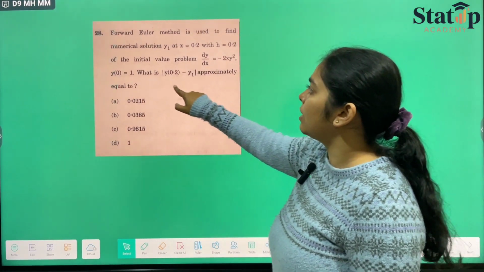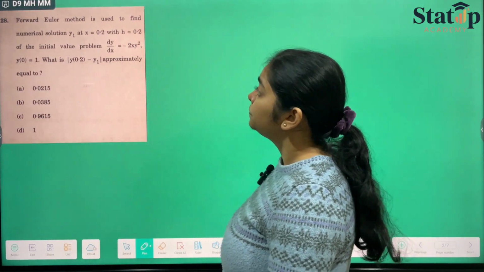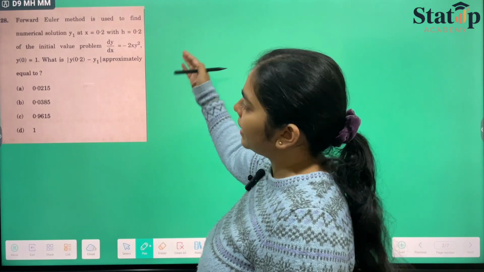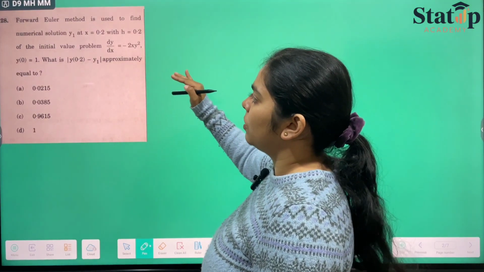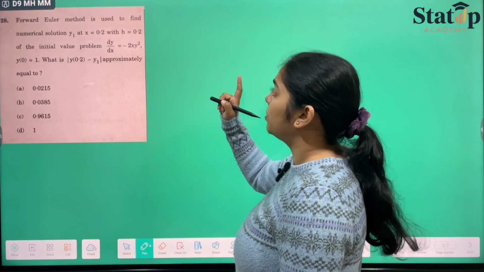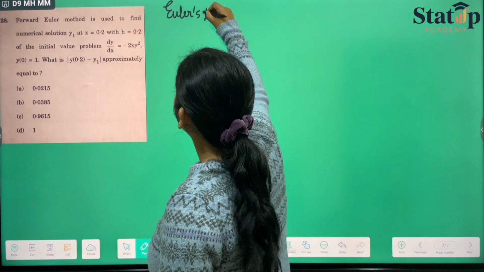So here they have asked us two things. First of all, they have asked us the value of y1 for this solution, and second, the direct formula, if we apply direct formula for y(0.2). So first of all, let us apply Euler's method. If we apply Euler's method,